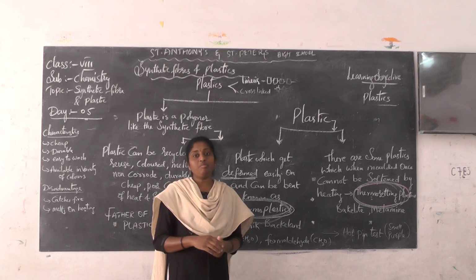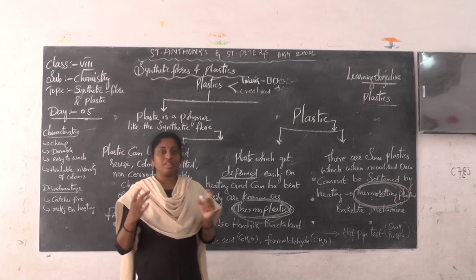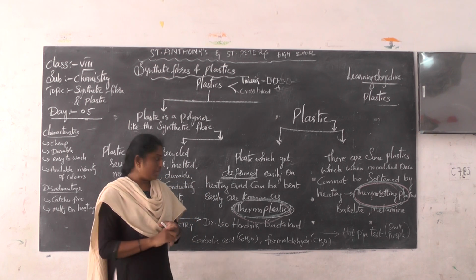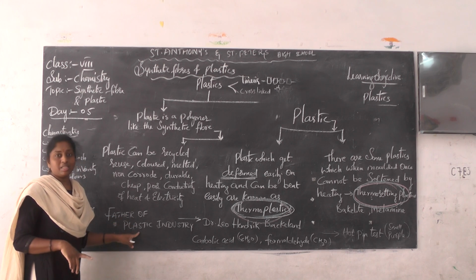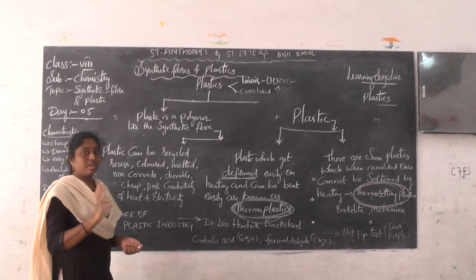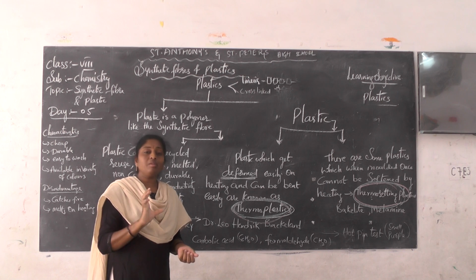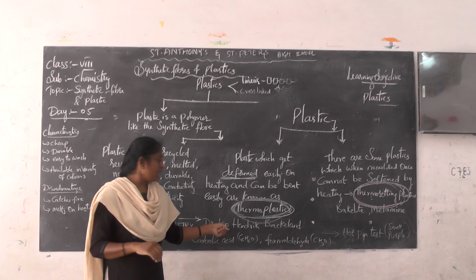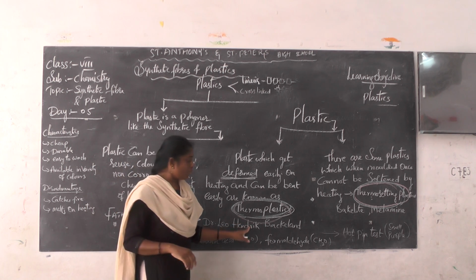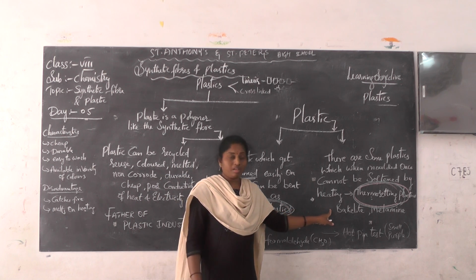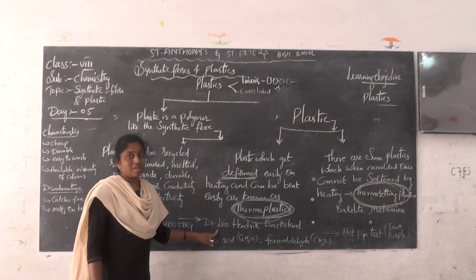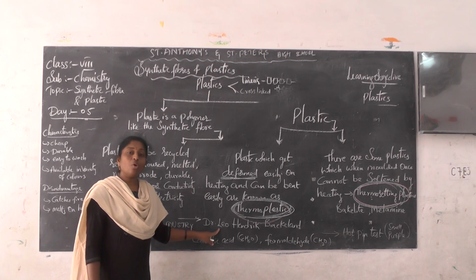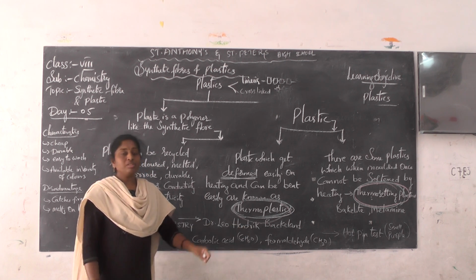Because of the thermosetting plastic. So this is about the difference between the thermoplastic and thermosetting plastic. And another thing we have to know is about the father of the plastic industry. The father of the plastic industry is Dr. Leo Hendrik Baekeland. So he only discovered Bakelite. Bakelite was introduced or discovered by a scientist known as Dr. Leo Hendrik Baekeland. So what he did